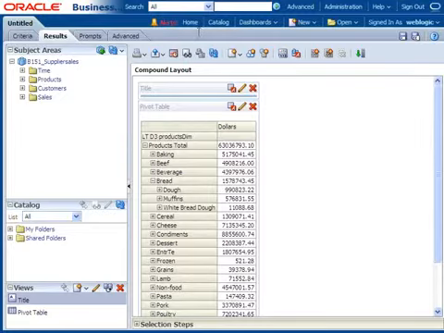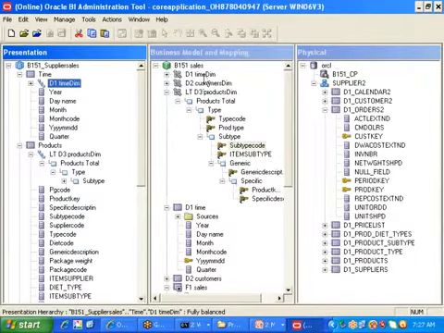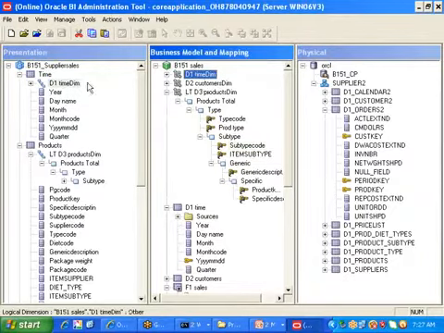Okay, right. We now understand clearly how to create the hierarchy. That is the first point. The second one is how to take that hierarchy object into the presentation layer, and using that, how to develop the report. That we understand clearly. Now, the third one we need to understand.